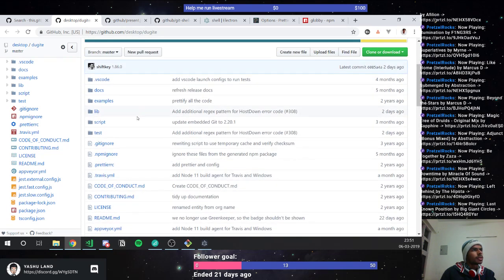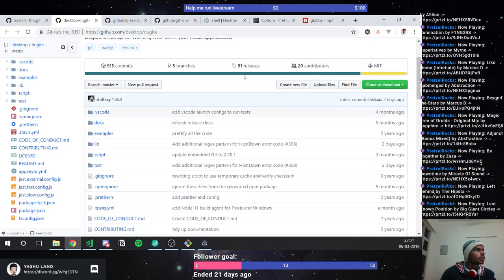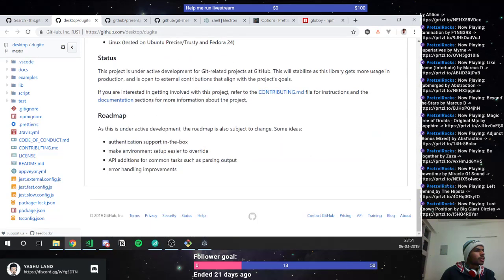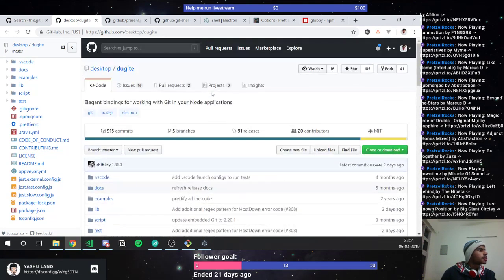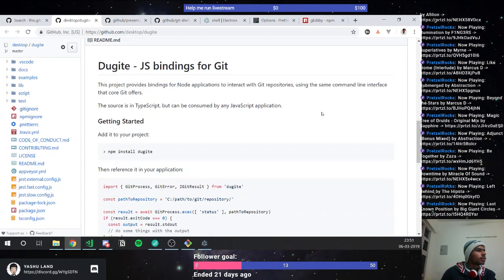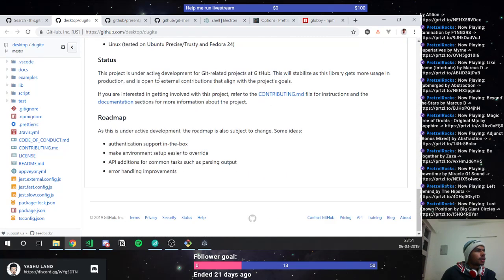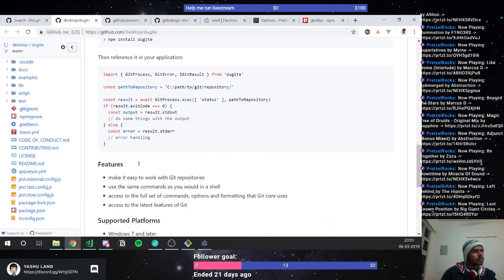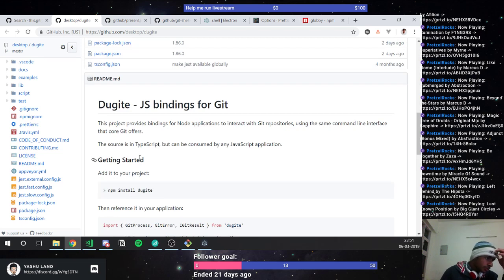It must be using something under the hood to make it work, because I think this project, let me check the license. Okay, it is MIT. This project is under active development for Git related projects at GitHub. This will stabilize as the library gets more use in production and is open to external contributors. But they must also be using some